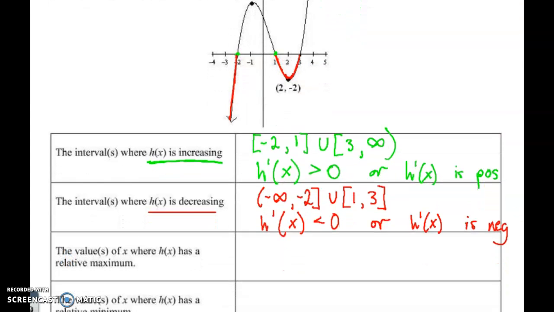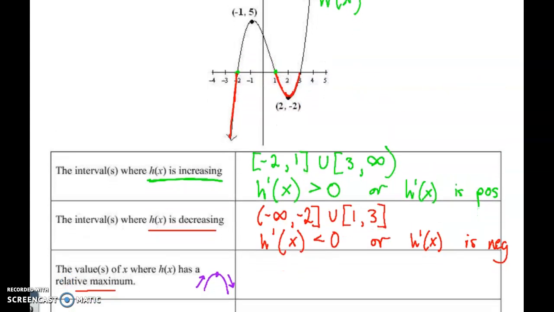So let's talk about what needs to happen in order to have a relative maximum. All right, and I'm just going to change colors completely. Let's just draw a maximum real quick. Well, in order to have a maximum, it has to be an increasing function to a decreasing. But we can't just say increasing to decreasing because the graph gives us the derivative. So what does that mean in terms of the derivative? It has to change